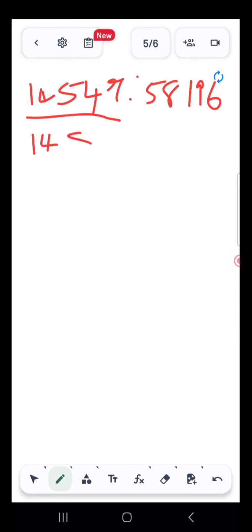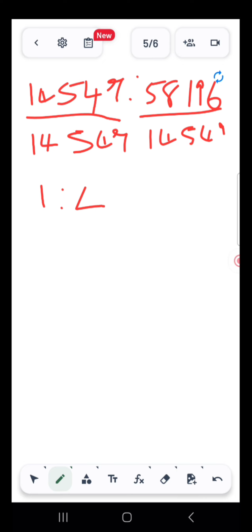which is 14,549. And here we also say 14,549. Then any number divided by itself is 1. And then on the other side, our answer becomes 4. So our ratio of total profit is to total income is